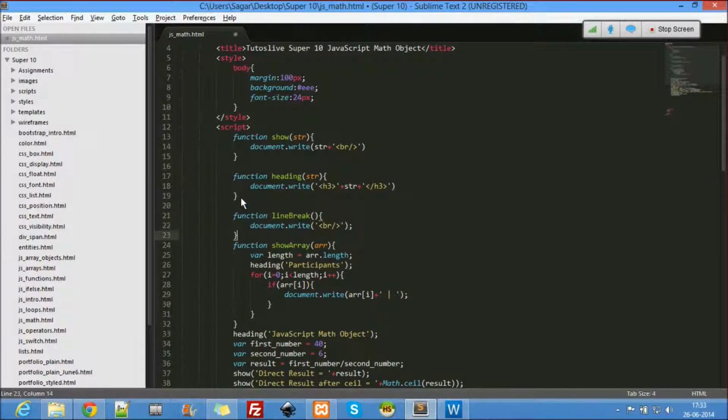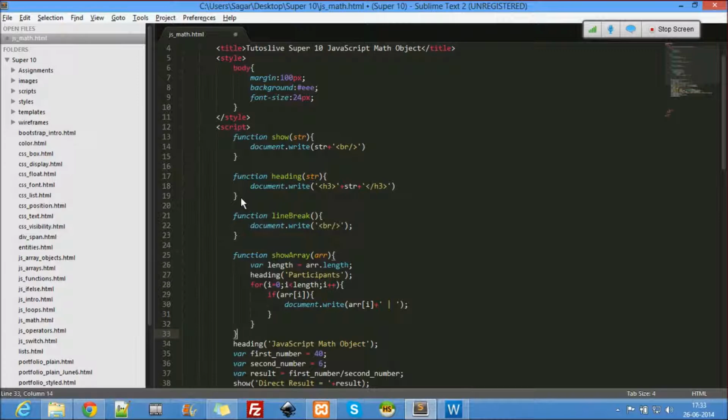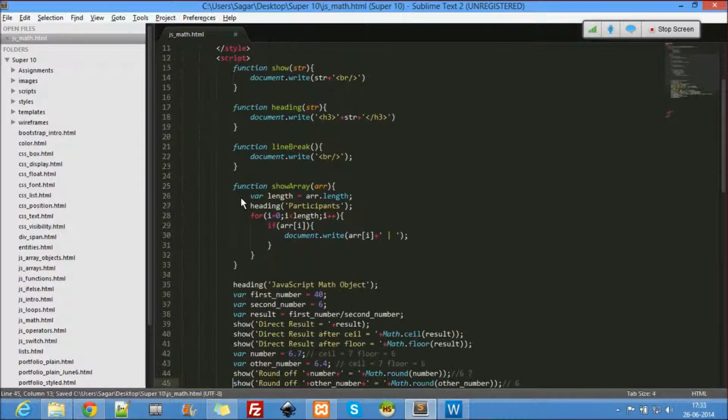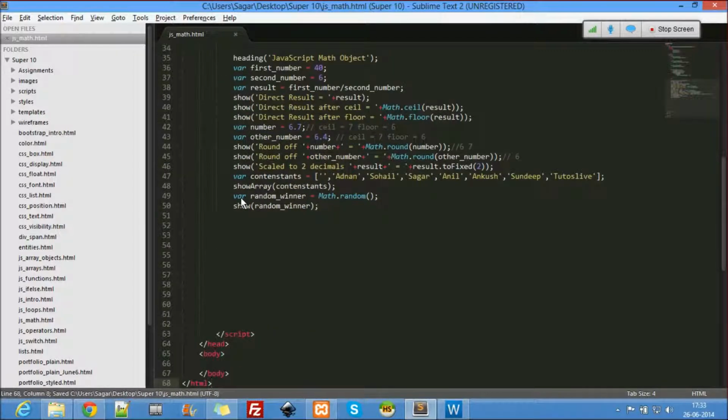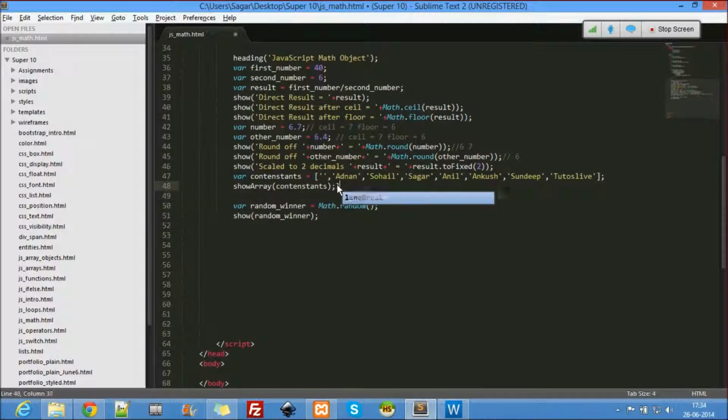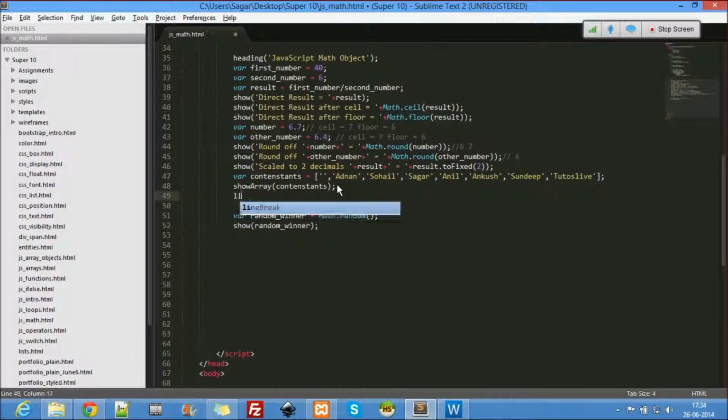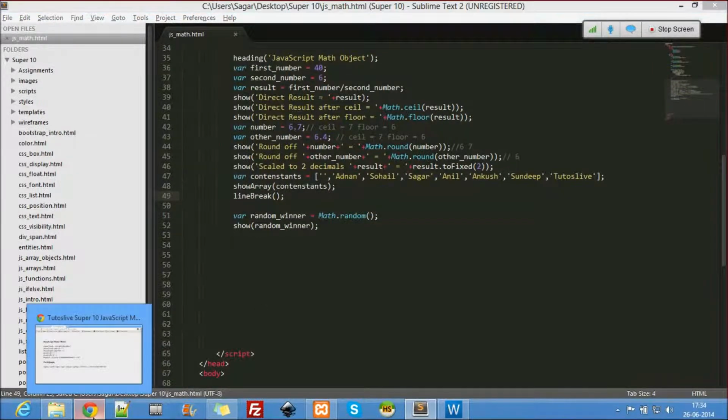I don't have to write document.write every time. So here after the contestants, I want to use a line break. See what happens now when we use line break.